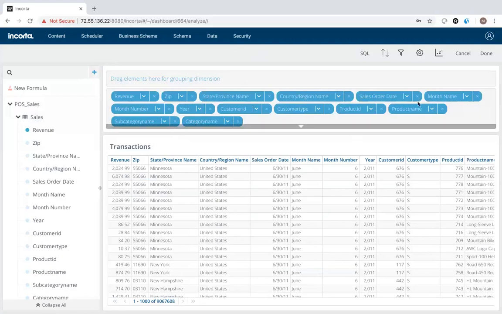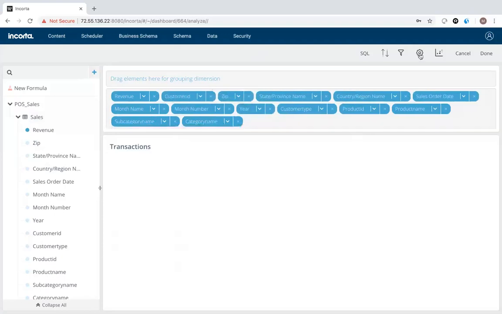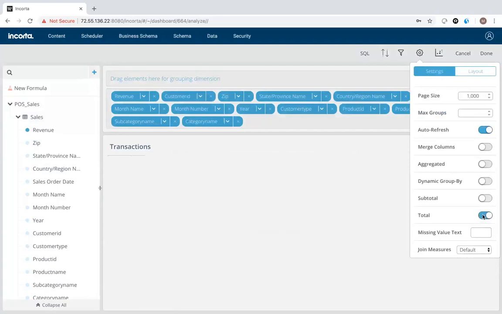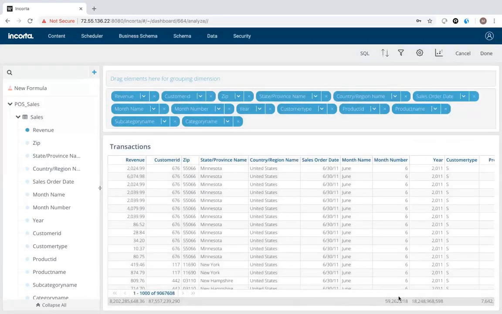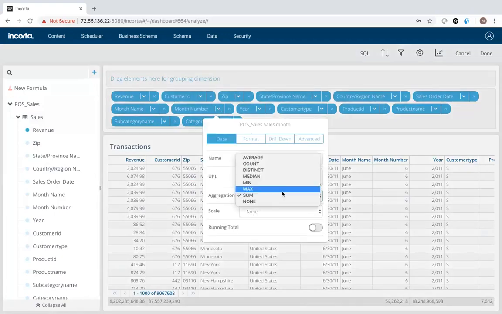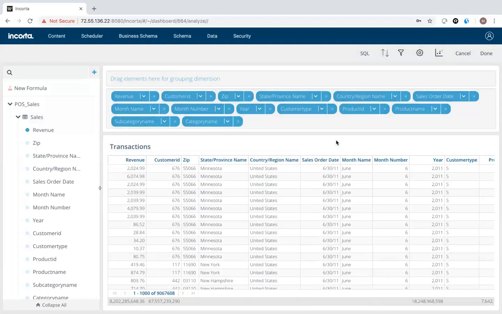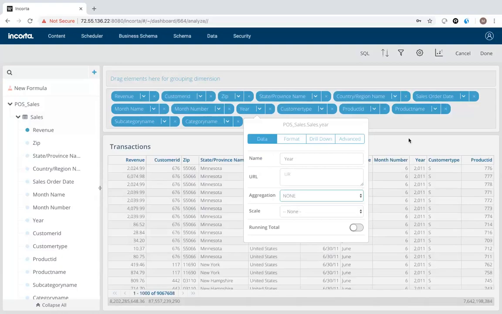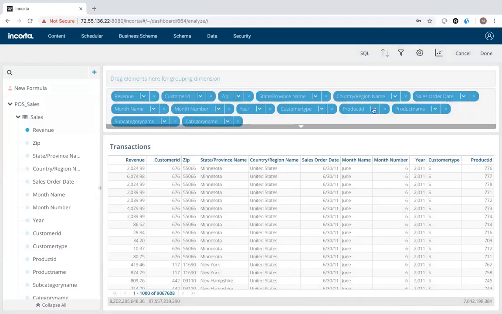Let me grab my customer ID and pull that up here just for fun. I'm going to add totals to this. I'm just going to put a total on the bottom of the table. And it's going to total up things that shouldn't, like month numbers. So tell you what, let me go turn those off. This is a very common activity users go through. Hey, something I don't want that. I don't want that totaled. I don't want product ID totaled. Doesn't make any sense. But I tell you what, I'm going to bring product ID over here too.